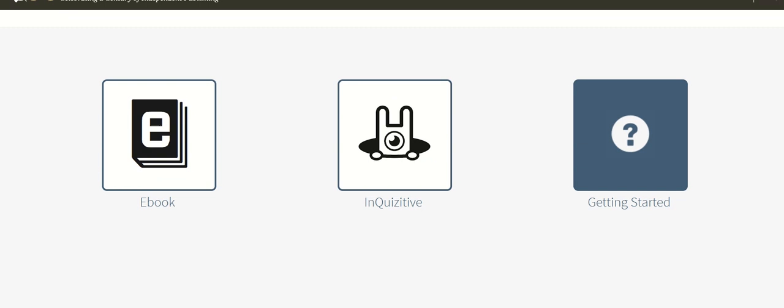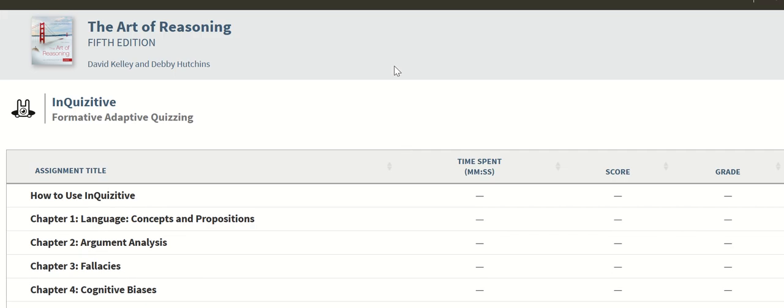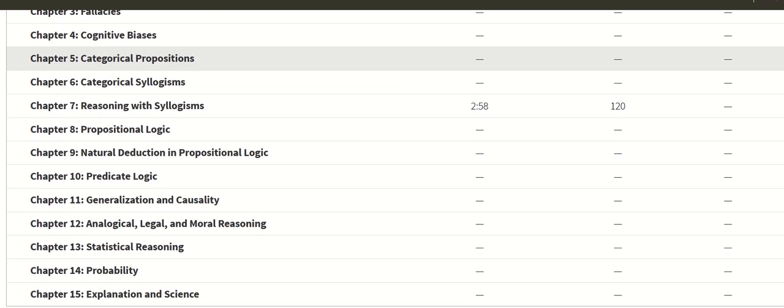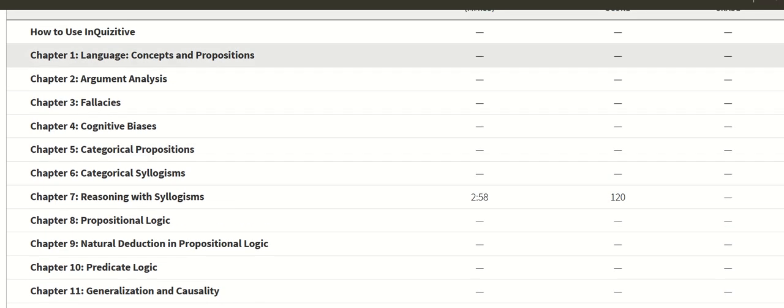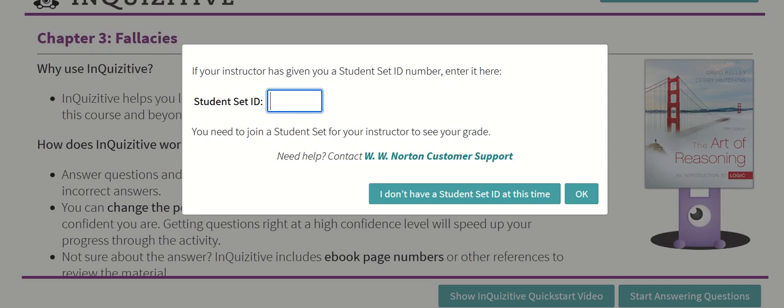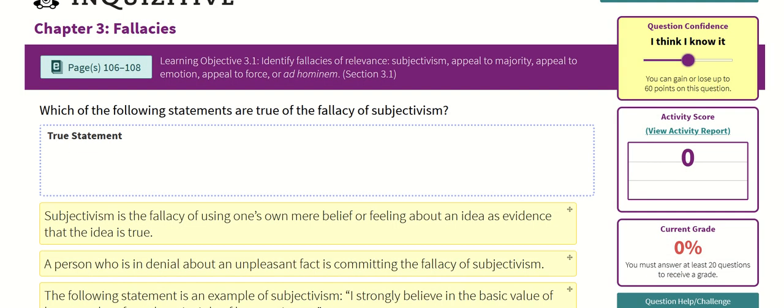Let's see here. So any other areas we should explore very, very briefly? I don't know. We can look at fallacies very quickly. I don't have a student set ID. So,